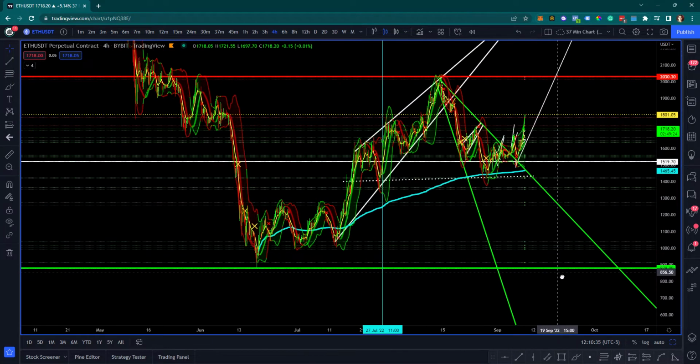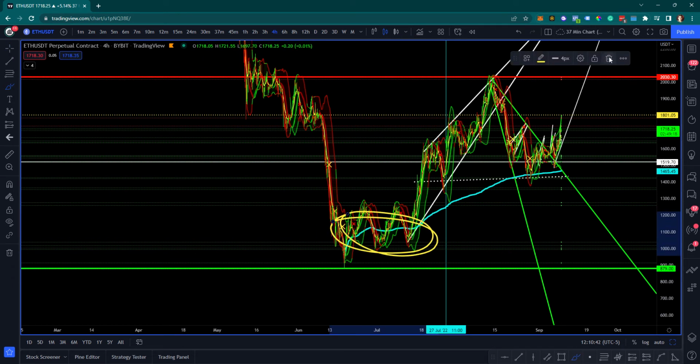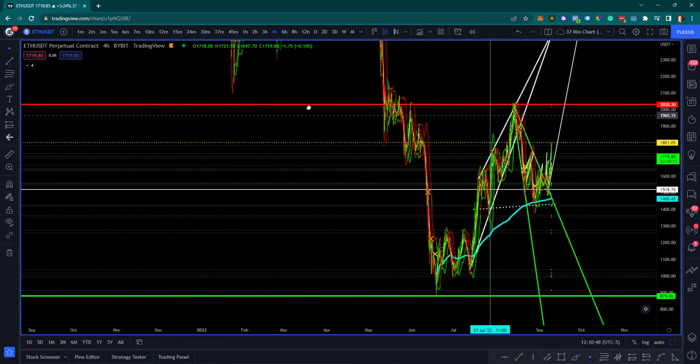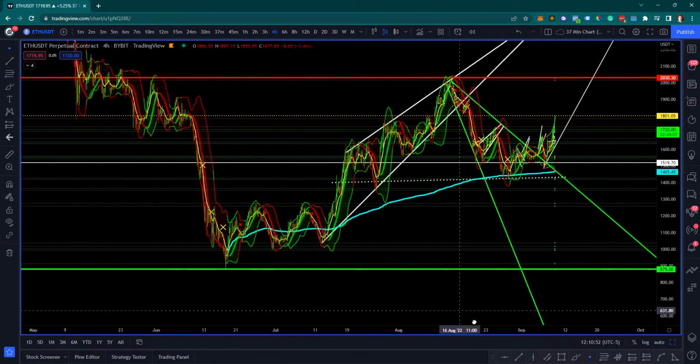Now, I do like this area right here. It was a nice consolidation period, but there's not a lot of data back here, especially recent data. I mean, I don't know why I have this here. Okay. Anyway,